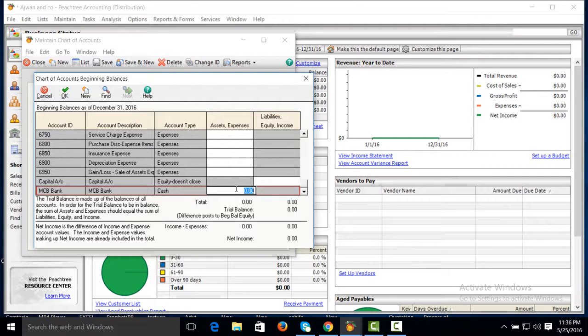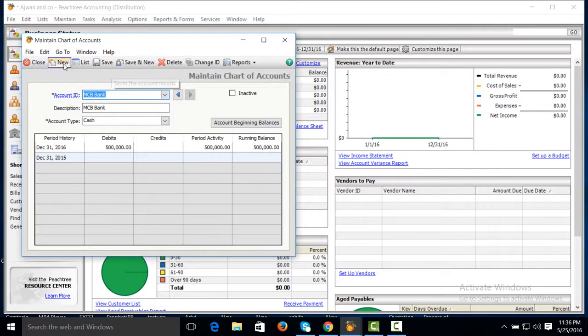Similarly in Peachtree, we will write here 500,000 on the debit side and 500,000 on the credit side. Both sides must be equal. Trial balance difference is 0. Now we will make it OK.